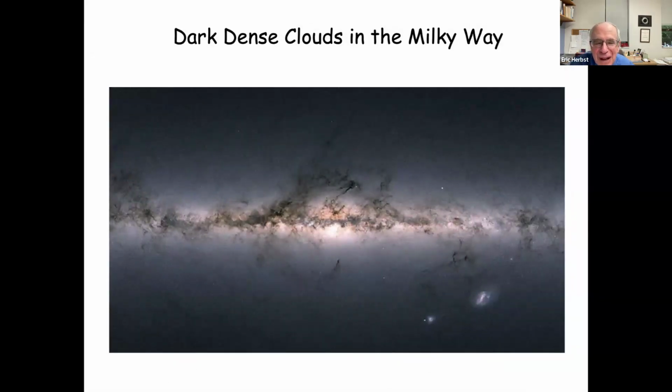Now, this is a real picture of dark clouds towards the center of the Milky Way, our galaxy. You can see all this dark stuff because it's a contrast with these very bright stars here. The bright stars, in the visible anyway, cannot go through the black stuff. But the black stuff can be seen if the stars behind it have infrared and radio waves. So, by the way, this is also, I believe, the so-called Magellanic Clouds.